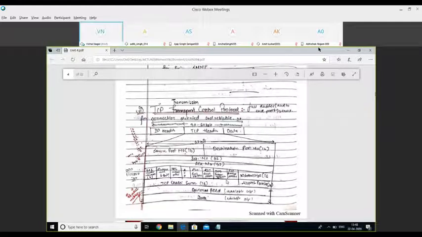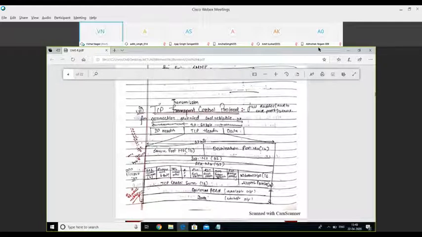After this future use field of 6 bits, we have 6 flags: 1, 2, 3, 4, 5, and 6. All these 6 flags are of 1 bit. Understand? It can only have 2 values.